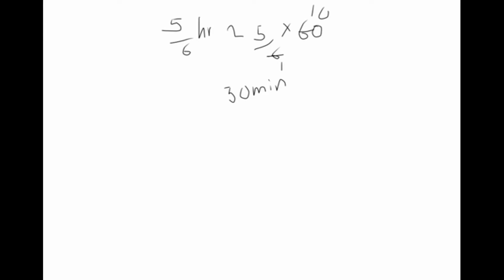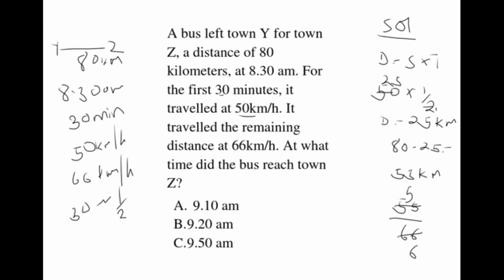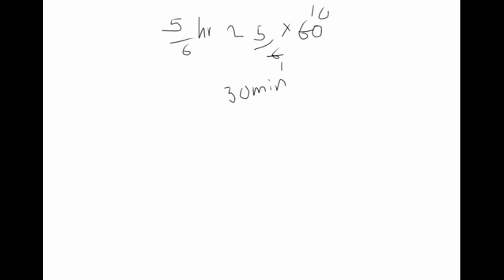So the question asks us, at what time did the bus reach town Z? To get the time the bus reached town Z, we take 8:30, add 30 minutes, and add these 50 minutes. Therefore, we can proceed as follows. 8:30